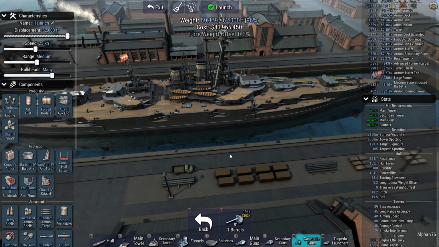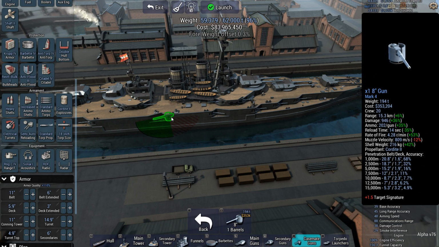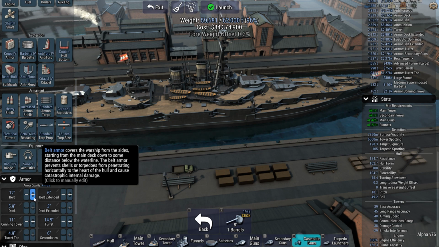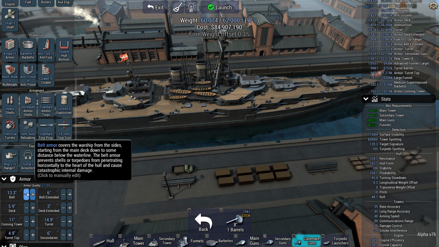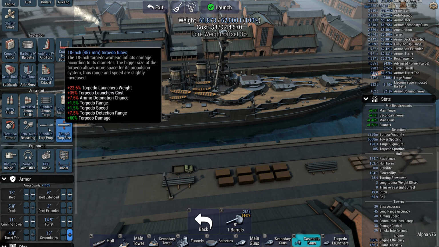Okay. Yeah. That means that I don't really need anything much smaller. Because these things reload in 14 seconds. They do 946 damage if they hit. Which they're pretty likely to, considering they're Mark IVs. So the rest of the ship is just going to be receiving a bunch of armor. The secondaries, so the casemates, are going to be very important. Because we are storing that, well...